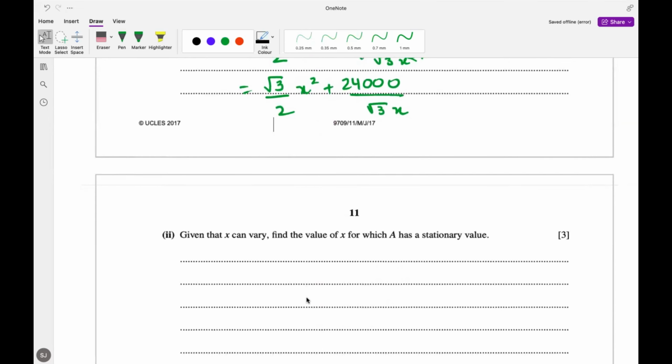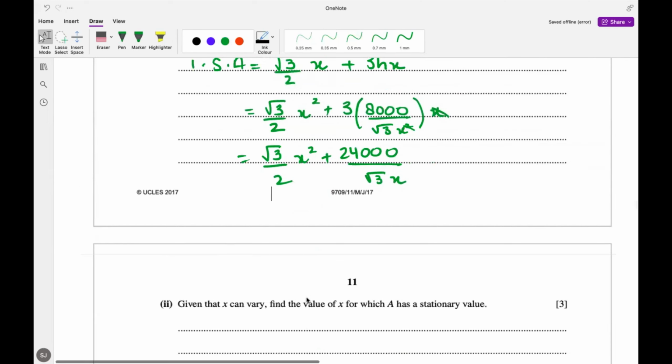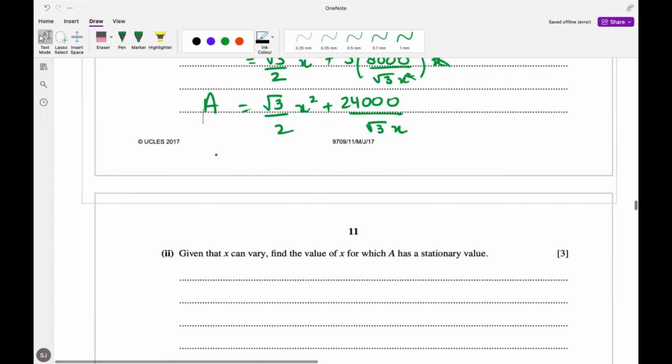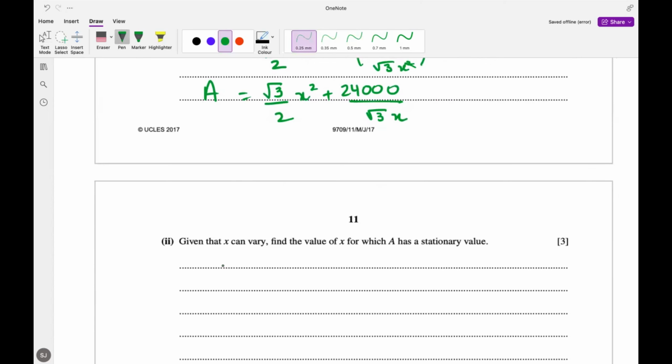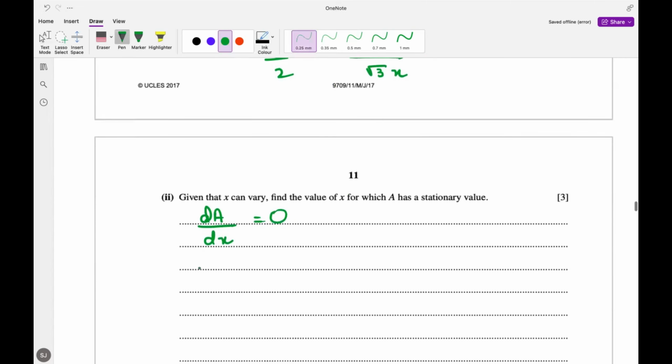Now in the next part, it says that given that x can vary, find the value of x for which A has a stationary value. So we have the surface area A given over here. Whenever we have to find the stationary value, it means that the derivative or dA by dx will be 0. So to find the stationary value, first we write dA by dx equals to 0. Now finding dA by dx,